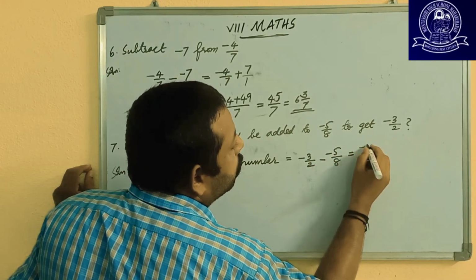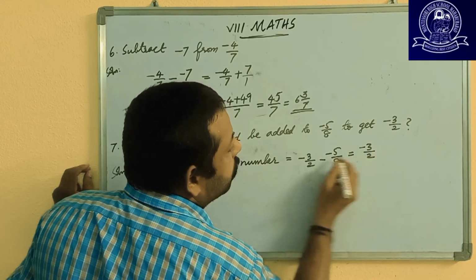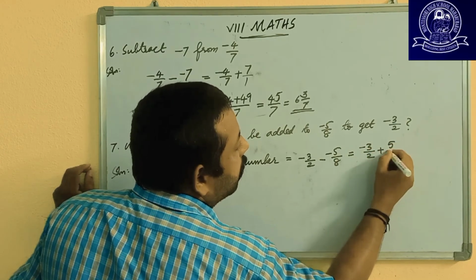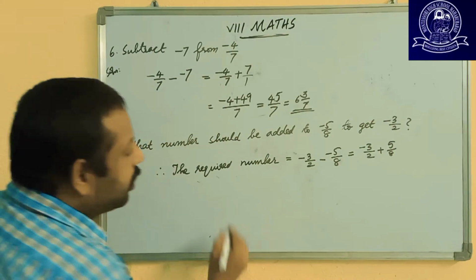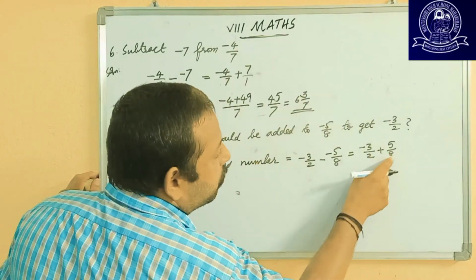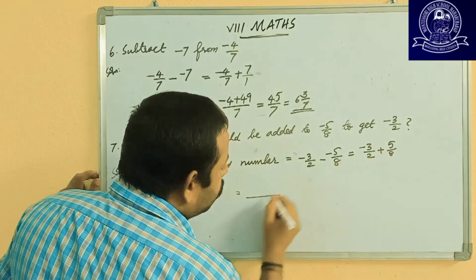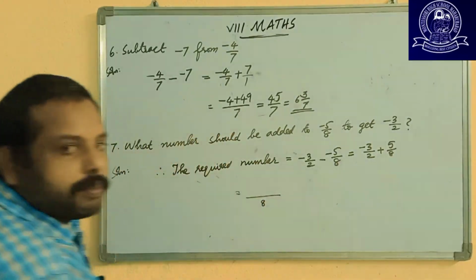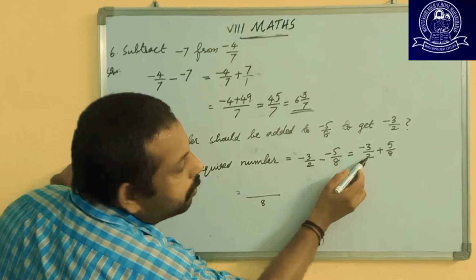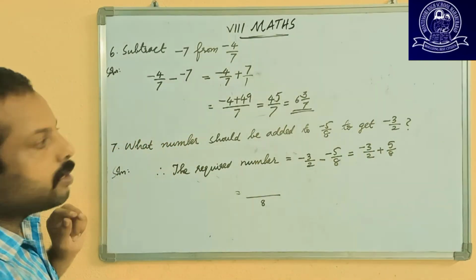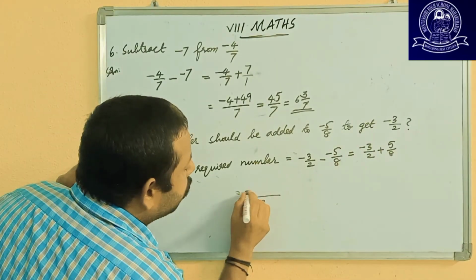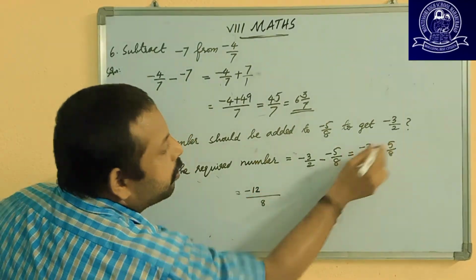It is equal to minus 3 by 2, minus into minus, plus 5 by 8. Let's do here. What will be the LCM of 2 and 8? You know that 8 is bigger and it is a multiple of 2, so 8 can be the LCM. 2 should be multiplied by 4 to get 8. Minus 3 also should be multiplied by 4. How much is it? Minus 12 plus 5